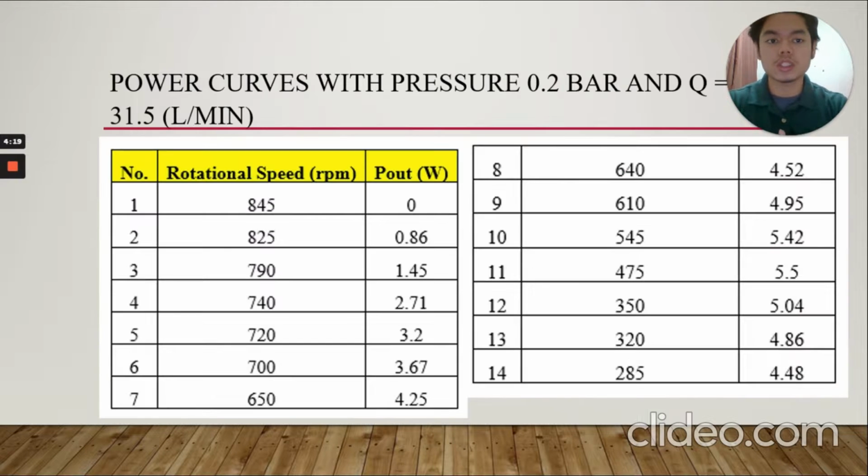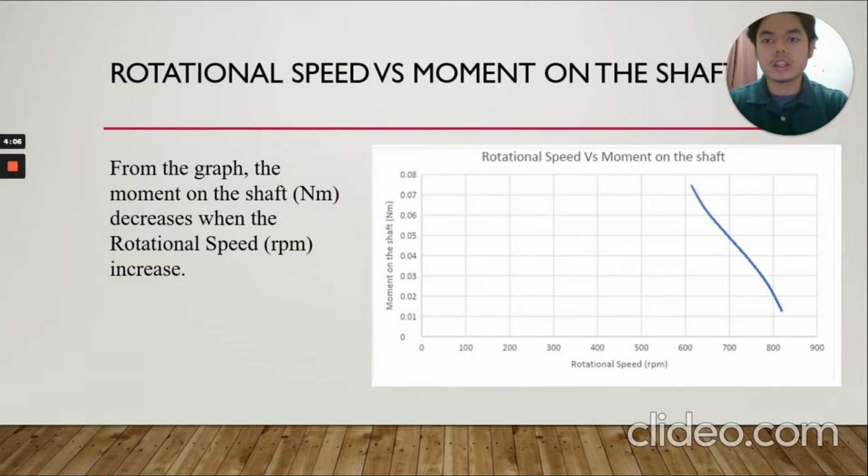So the next one is the power curve with the pressure. We have calculated 14 of it, with the rotational speed and power output. And then the next one is the graph for rotational speed versus the moment of the shaft. So from here, this is the graph that we have plotted, which is the rotational speed in RPM against the moment of the shaft in